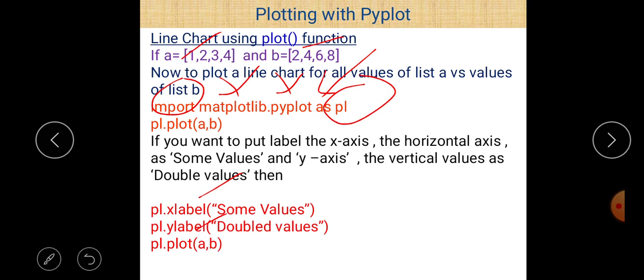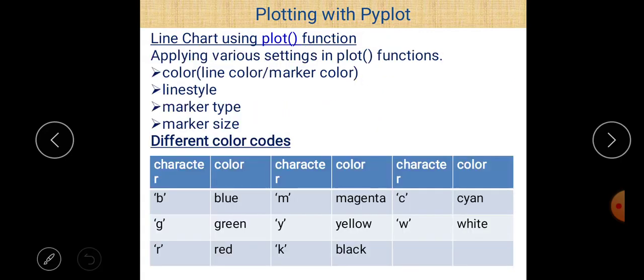So xlabel and ylabel are the two functions used for representation of the x-axis and y-axis here. And then just write pl.plot(a, b). So a line will be plotted between a and b according to the values given in the a and b lists.